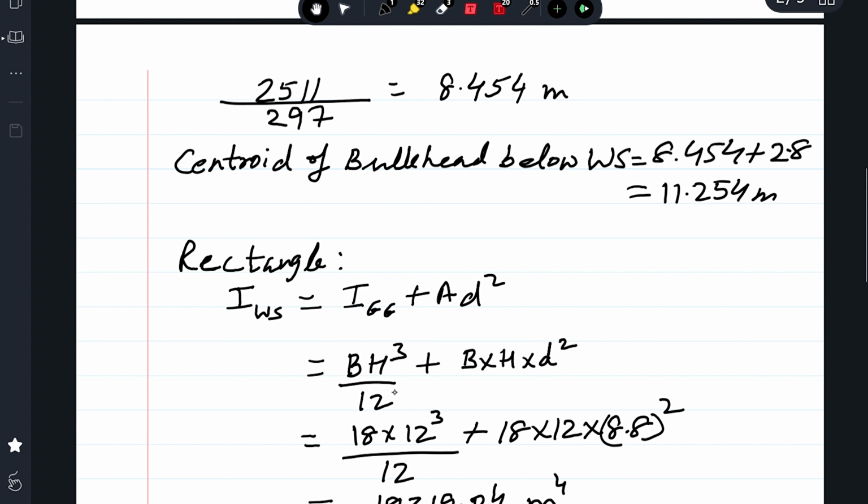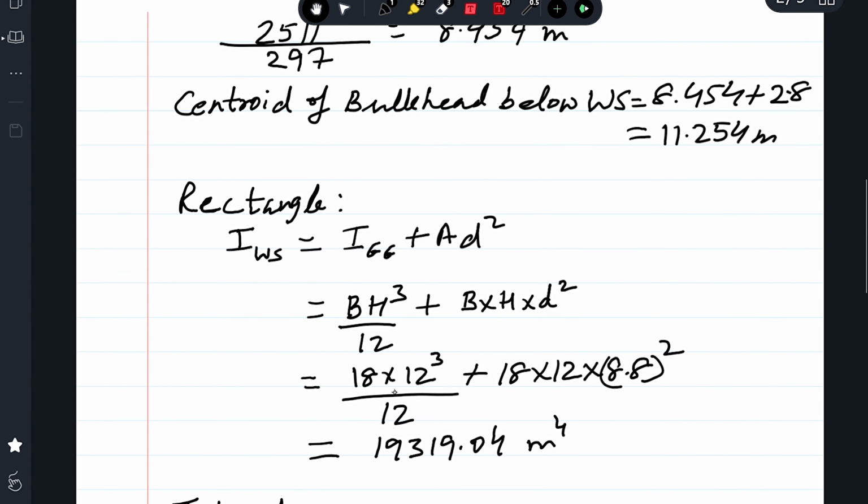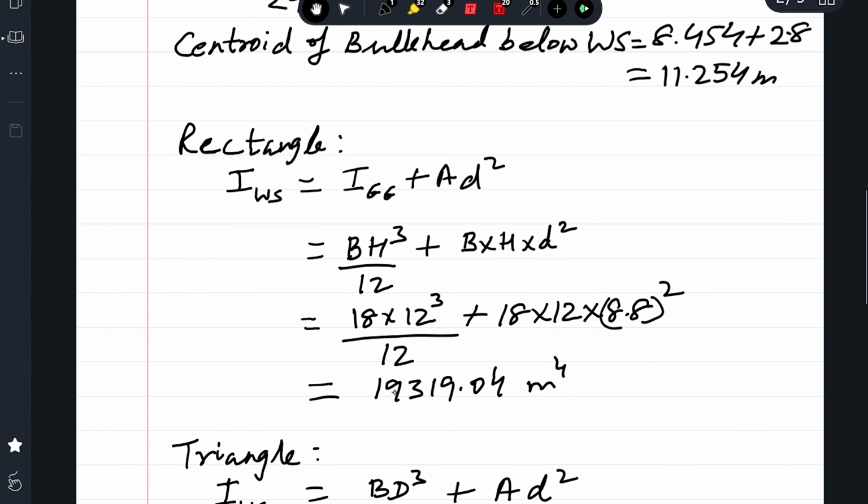Now 11.254. Now I proceed ahead to find the moment of inertia of the rectangle. So the moment of inertia of the rectangle about the water surface, WS, will be: first I have to find the moment of inertia of this rectangle about the axis which is passing through its centroid. Then I add the area of the rectangle immersed below the water, A, multiplied by the depth of the centroid of the rectangle